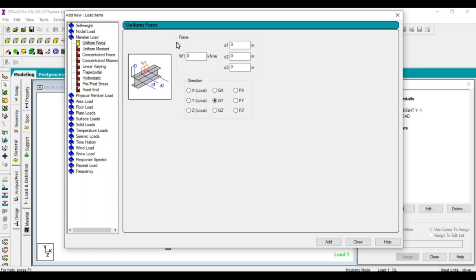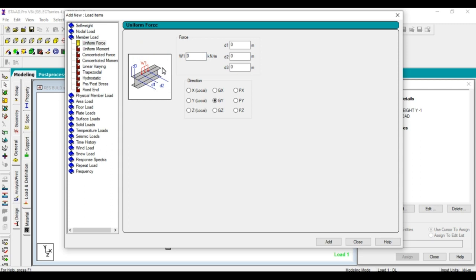Let's calculate the value. 0.3 into 0.4 into 25, where 0.3 by 0.4 is the area of the beam and 25 is the unit weight of RCC. After calculating, the value comes to 3 kilonewton per meter.